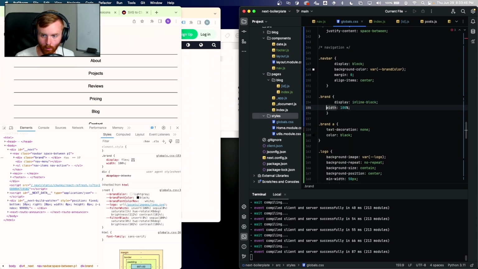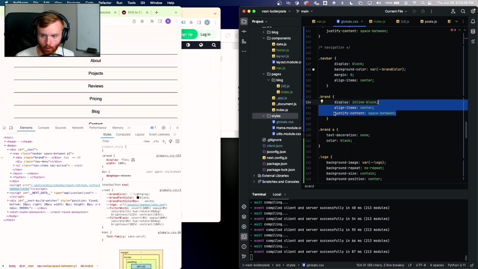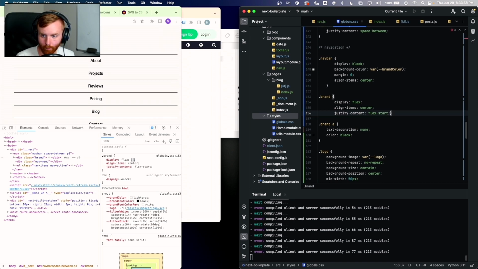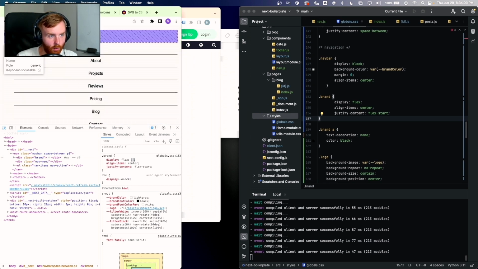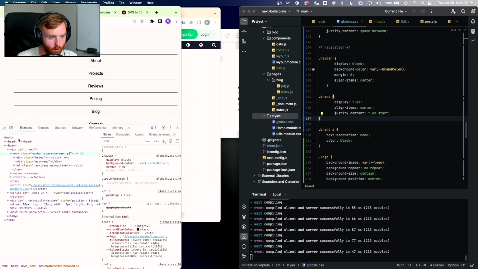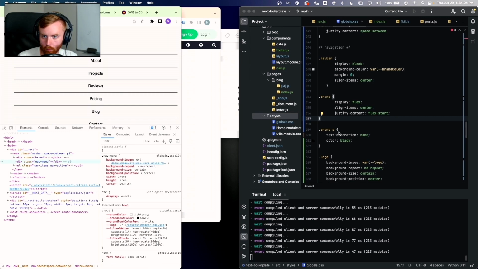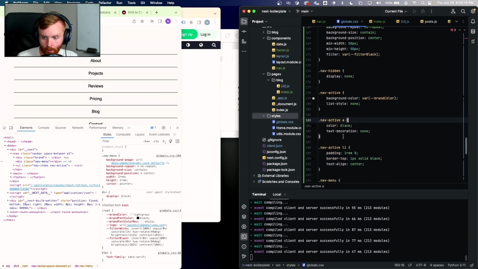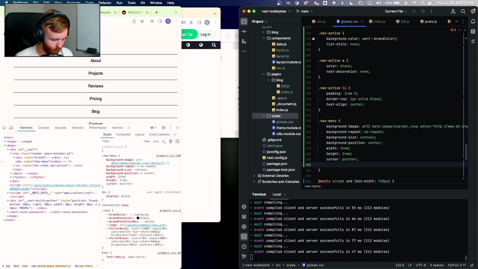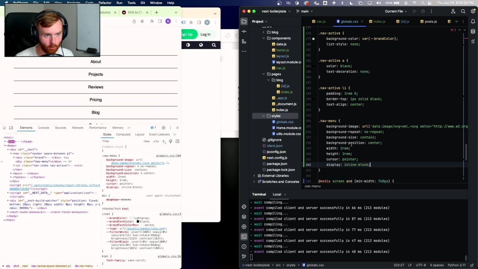Let's bring this back. Flex. Then I want this to be flex start. Okay. So that's a start here. So I have all of that. And then I need this, which is currently set to block, it seems. It's not set to block. So if I need my nav menu to be set to display inline block,